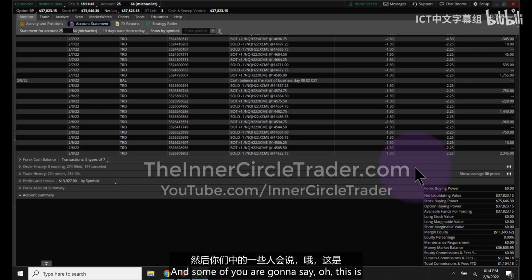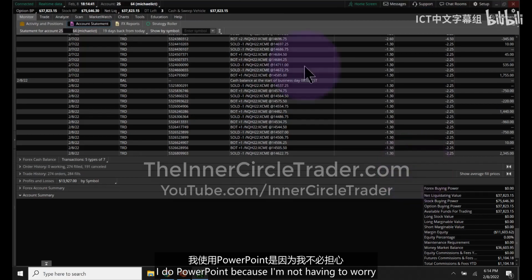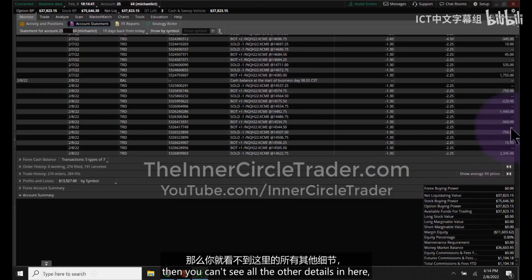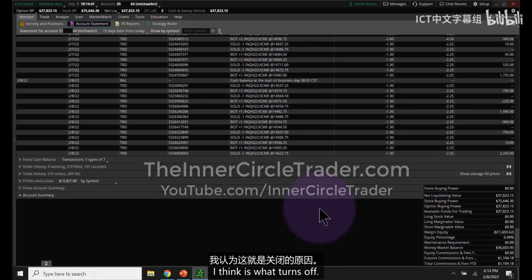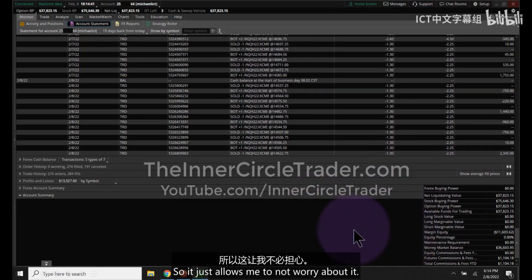And some of you are going to say, oh, this is a Photoshop thing, because it's on your PowerPoint. I do PowerPoint because I'm not having to worry about hiding my user number. Because if I hide that, then you can't see all the other details in here. I think it's what turns off. So I want to keep everything so you can see it. So it just allows me to not worry about it. But nonetheless,